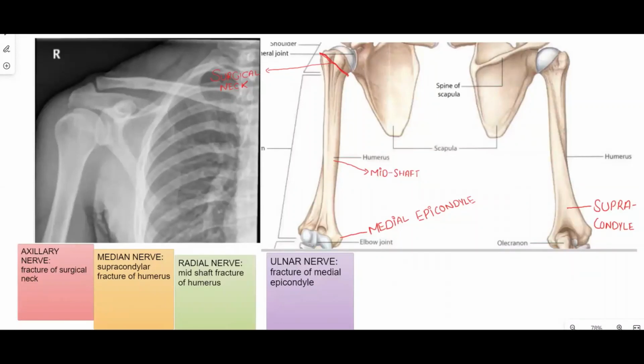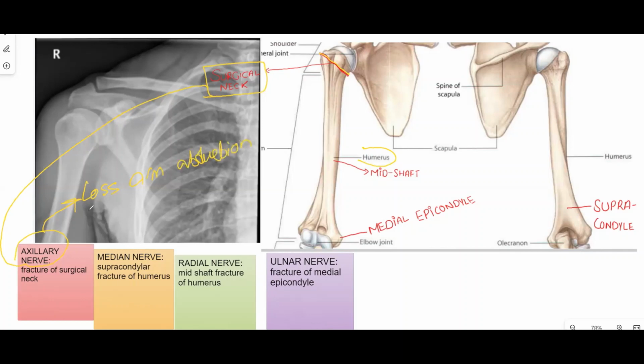So now I'm going to highlight some important nerve lesions that are related to humerus fractures. I am only highlighting the important landmarks for the nerve lesions. First is the surgical neck. The surgical neck is an area of the humerus. When a surgical neck fracture takes place, it will lead to axillary nerve damage, and the patient presents with loss of arm abduction,